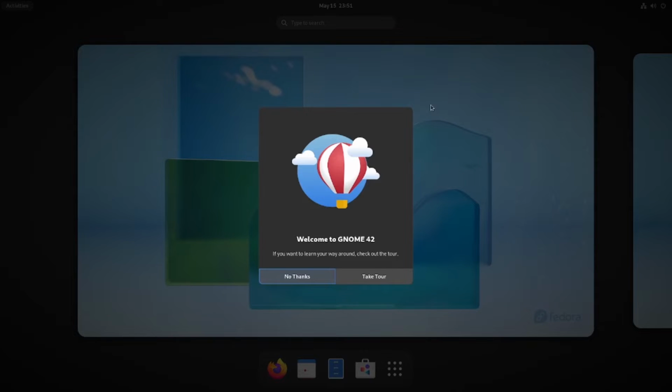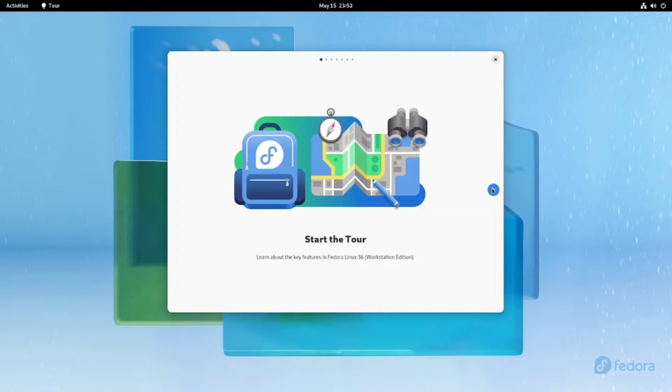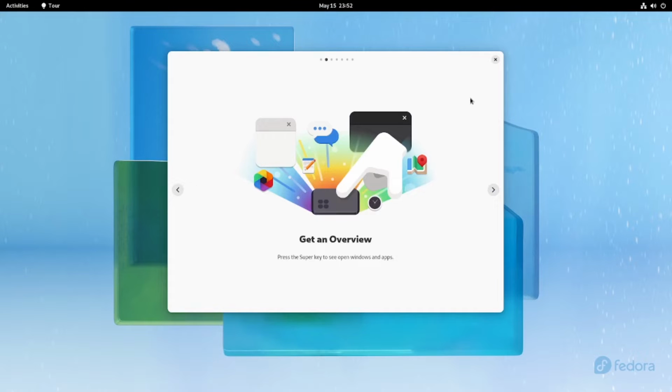So this is the greeting from GNOME 42. I will click the take tour button because I want to see if there is any update in GNOME 42. Click the arrow, and the first news is to press the super key to see open windows and apps.